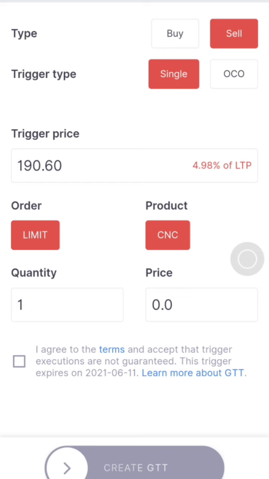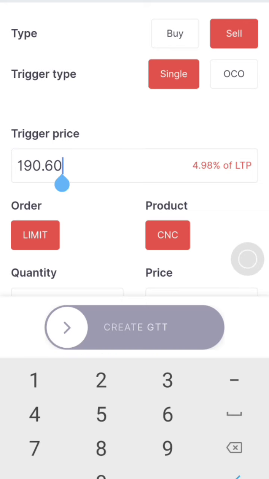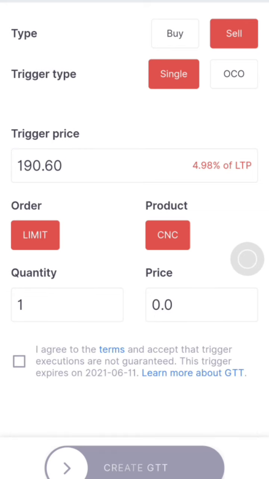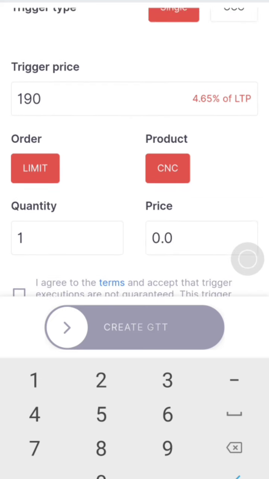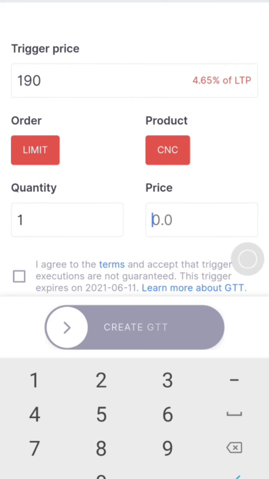Sell means in your DMart, in your trading platform, whatever, there is some SBI share you already purchased. Okay, already you have some holdings of SBI. You want to sell it. So let's see, the current price is 181.60. So you want to sell when the price reaches 200. In that case, what you need to do? Let's say your trigger price you put 190, but you want to sell finally when it reaches 200. Let's say you have, for example, 20 or 30 quantity of SBI. Let's say you want to sell only 15 quantity at that price.